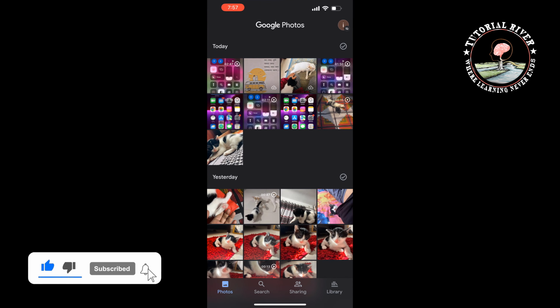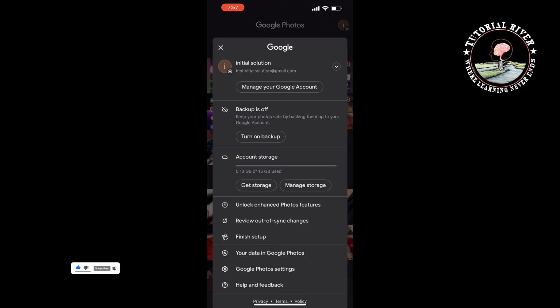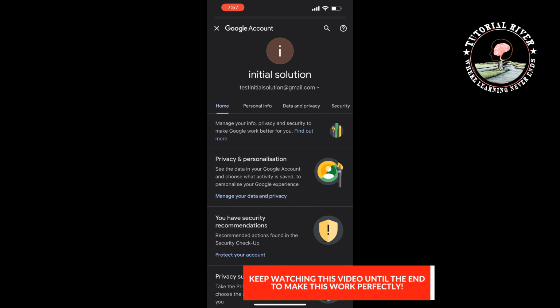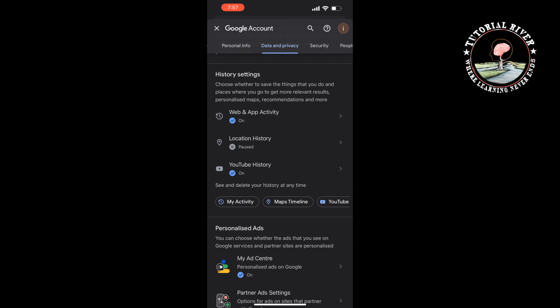Tap on your profile icon at the top right. Tap on Manage your Google account. Select Data and Privacy tab. Scroll down and